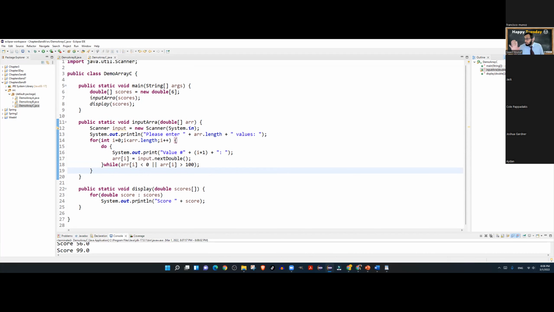Did everybody get this part? Oh, not quite. Okay. So even if you were not able to get this going with your group, do you understand what I'm doing so far?